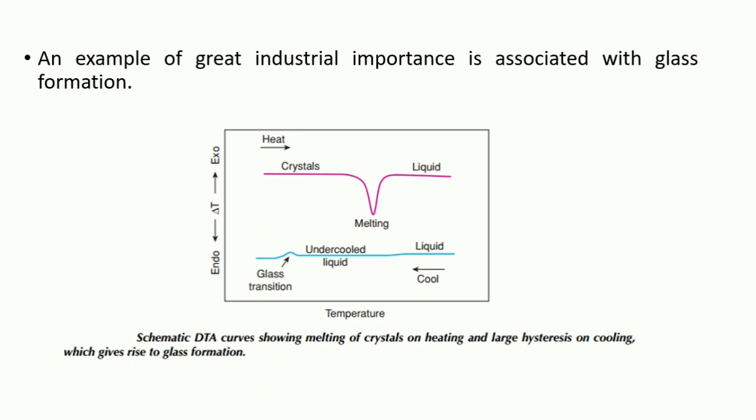The glass transition represents the upper temperature limit at which the glass can be used and also provides a readily measurable parameter for characterizing glass. For glasses which are kinetically very stable, such as silica glass, the glass transition is the only thermal event observed on DTA, since crystallization is usually too sluggish to occur.